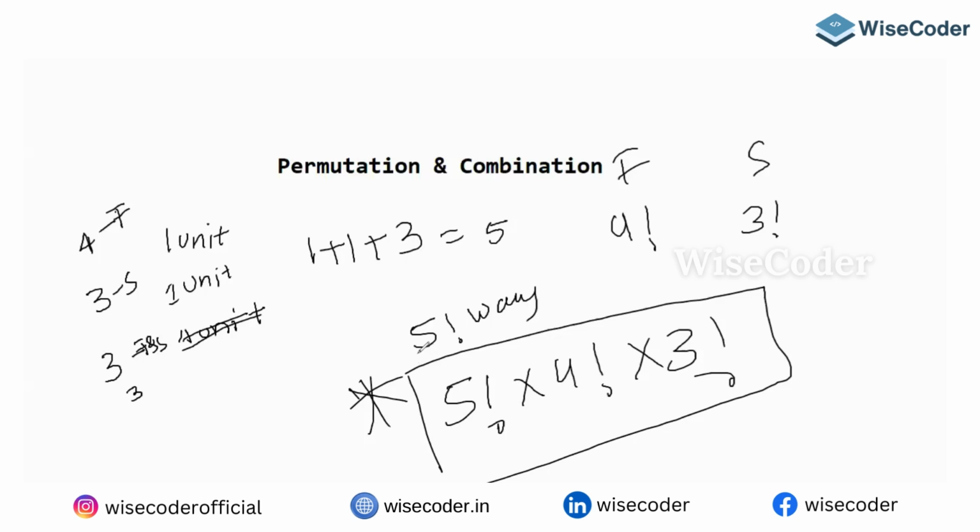Those are the total number of ways in which 10 people can be arranged. Consider the 3 who speak only Spanish, which is 5 factorial into 4 factorial. Now again, in these 5 factorial into 4 factorial arrangements, the 3 who are speaking Spanish can be arranged among themselves, which is 3 factorial. So you can say 5 factorial into 4 factorial into 3 factorial. That's how you can arrange